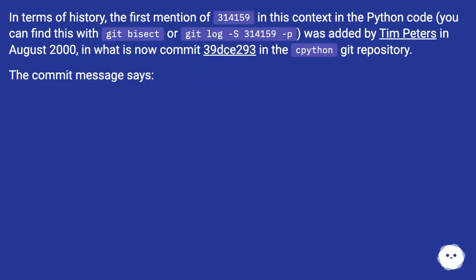In terms of history, the first mention of 314159 in this context in the Python code, you can find this with git bisect or git log -S314159, was added by Tim Peters in August 2000, in what is now commit 39/293, in the Python git repository. The commit message says,